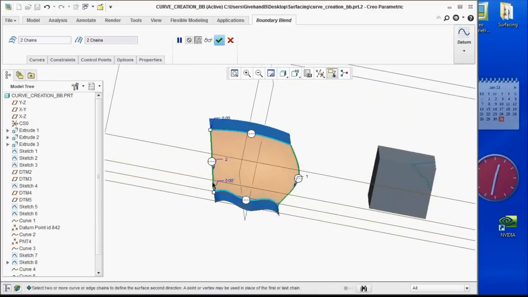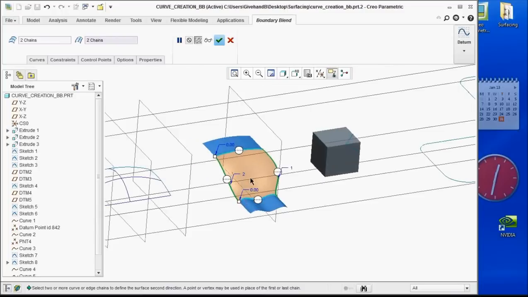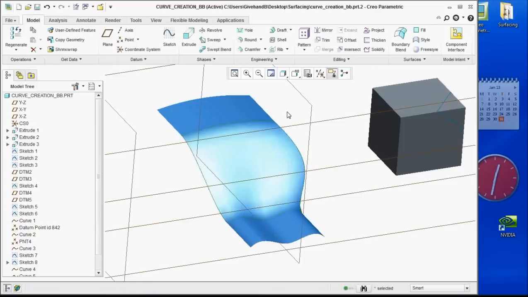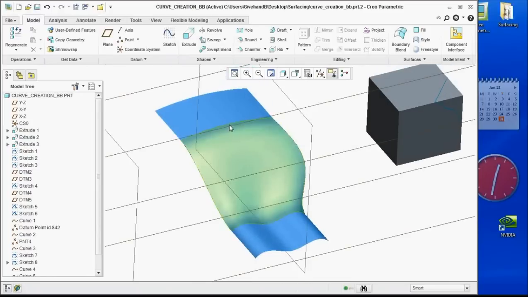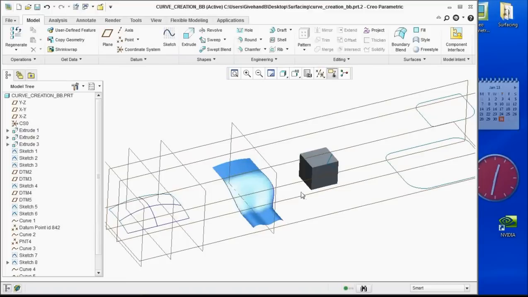Let's back up here so we can see this. There it is. Curvature this way, okay? And now I have my boundary blended surface. Okay, there it is. We'll make sure that it's tangent, even though it should be because of our curves. And now here's the surface that I just put in. So quite a bit different from just picking 2 objects and then wanting to control this that way. All right. Now, while we're here,